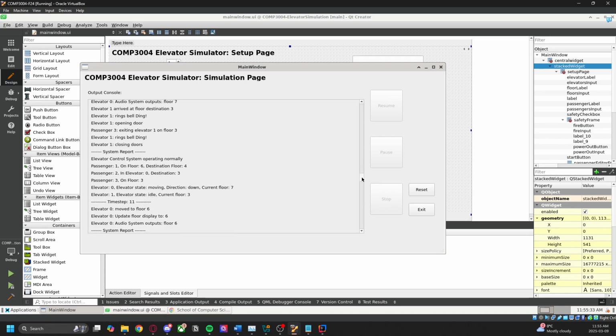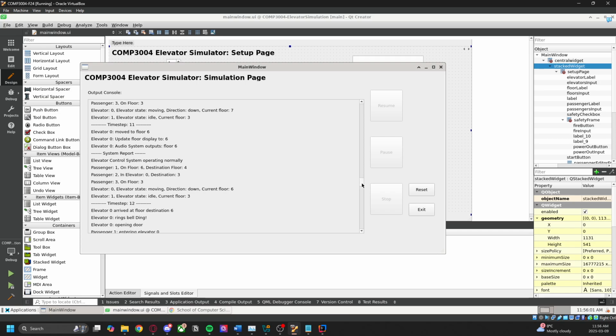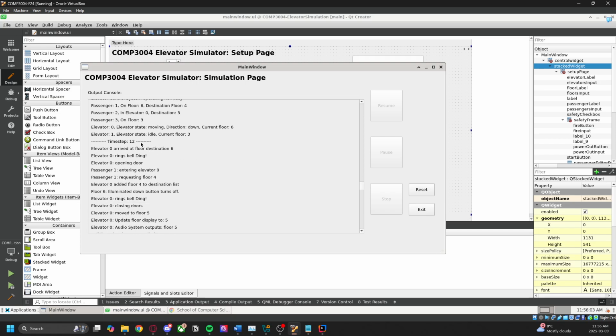And we go for a couple of other time steps. We look at the report for time step 11. So, here it is. Passenger 1 is on floor 6 with destination 4 in mind. So they've come up with a second action here, or no, sorry, this is their first action, I believe, so I got that wrong earlier. Passenger 3 completes their travel to floor 6, and now passenger 1 and passenger 2 have made a request, and I guess earlier passenger 1's request was deemed for elevator 0, so we can see at time step 12 here,